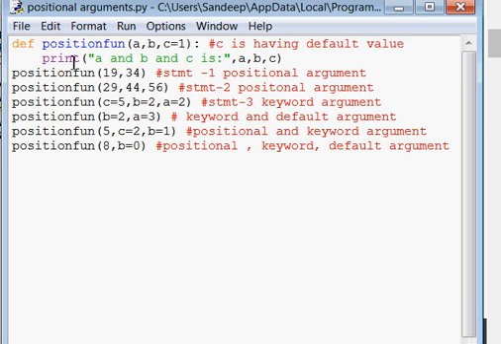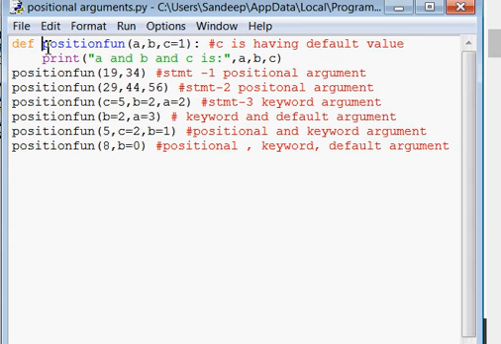Further I explain this code. In this function I have taken one statement only, and I have printed the values of A, B and C. As you all know, after making a function we need to call that function.